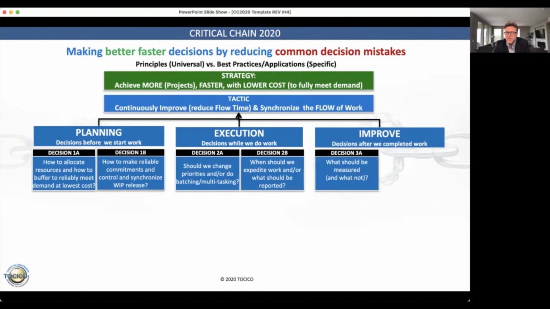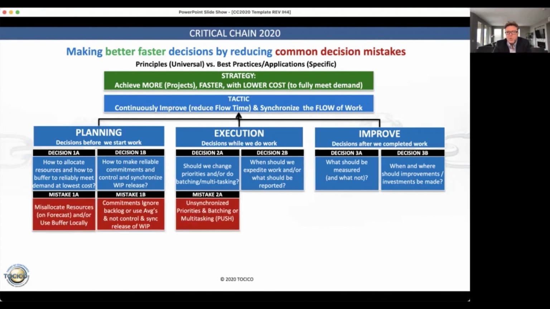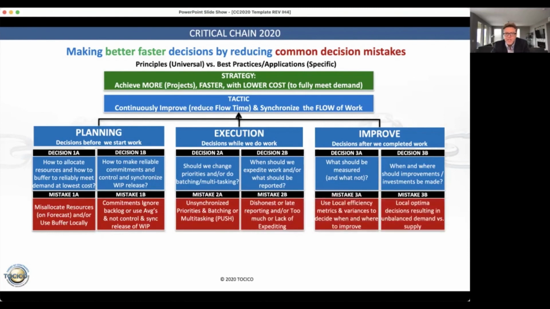And then on the improvement side, we essentially have two categories of decisions: what should we be measuring that will tell us how the system is doing as a whole, and what the causes of the performance are, rather than just measuring locally. And lastly, based on those measurements, when and where should we make improvements or adjustments, and when and where should we make investments? Now, in this framework I'm sharing with you, there are also the conceptual mistakes that can be made in each of these major decisions, and the principle that can be used